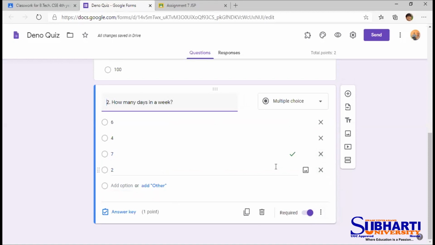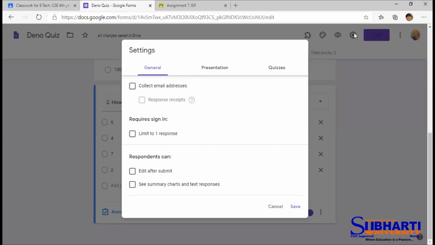The next step is how to save the quiz. In this case, I have taken 2 questions in this quiz. Now I will come to the option where I will save this quiz. So bring the cursor on this button. See, this cursor is displayed here. This setting is displayed. I click on this setting button. A new window is displayed here, and